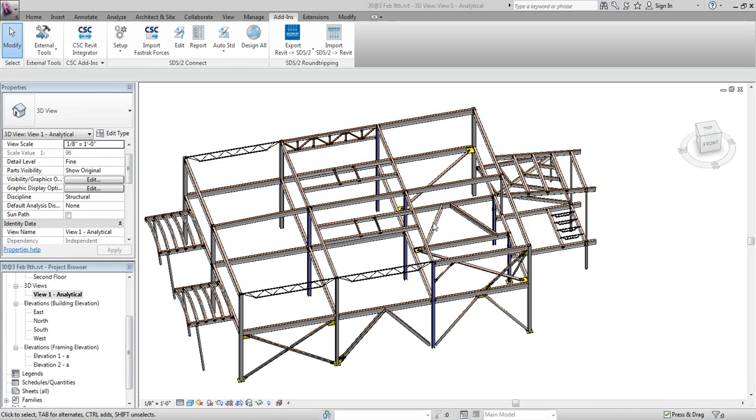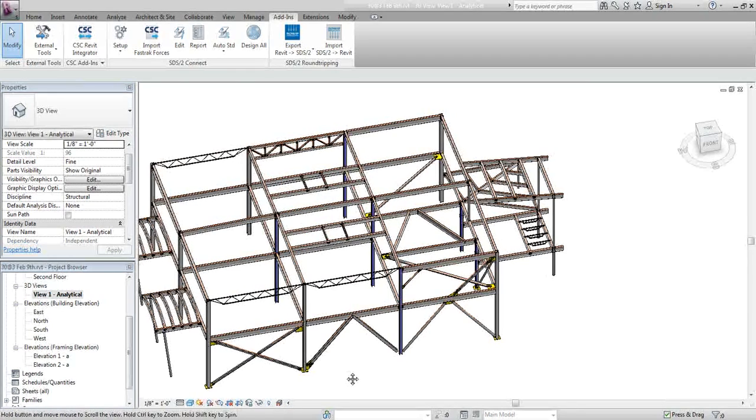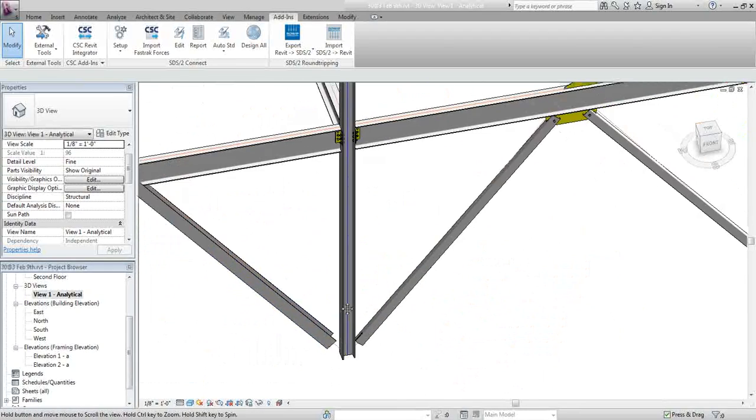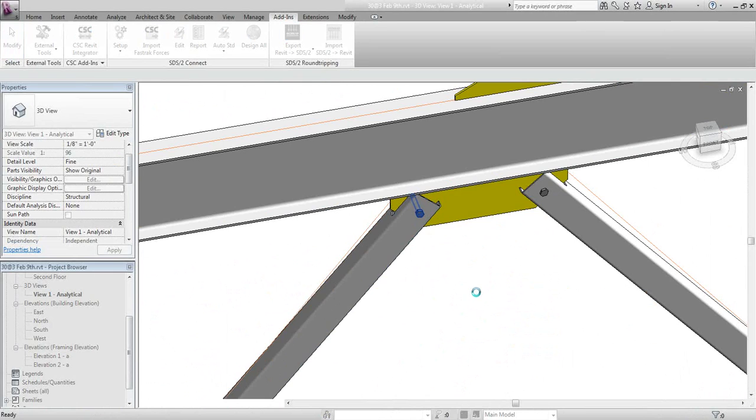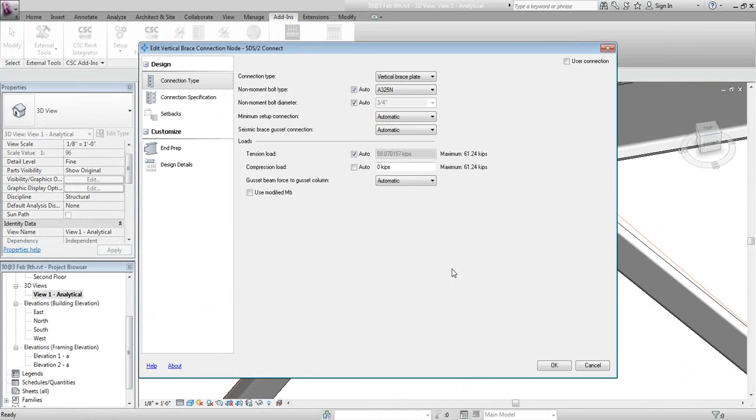Okay, another question, even if I cannot see the welds, can I edit them? In a lot of cases, yes, you'll be able to edit those welds. So let me find a situation here. So I believe if I just edit one of these braces here,